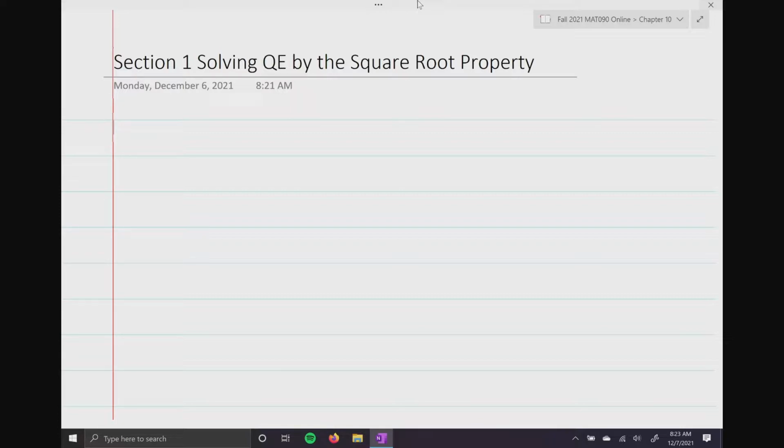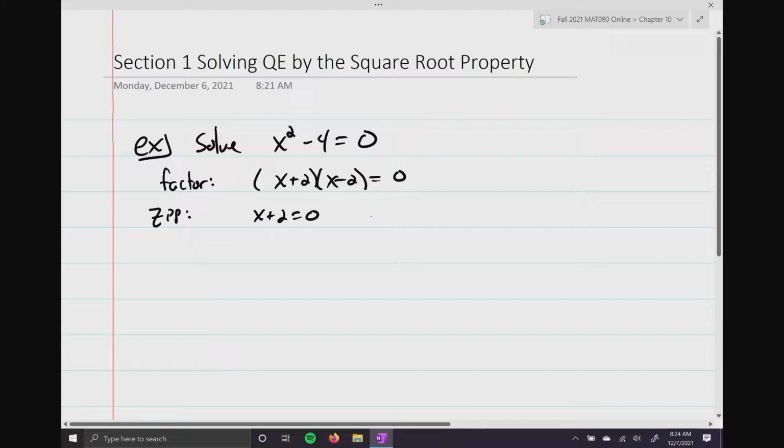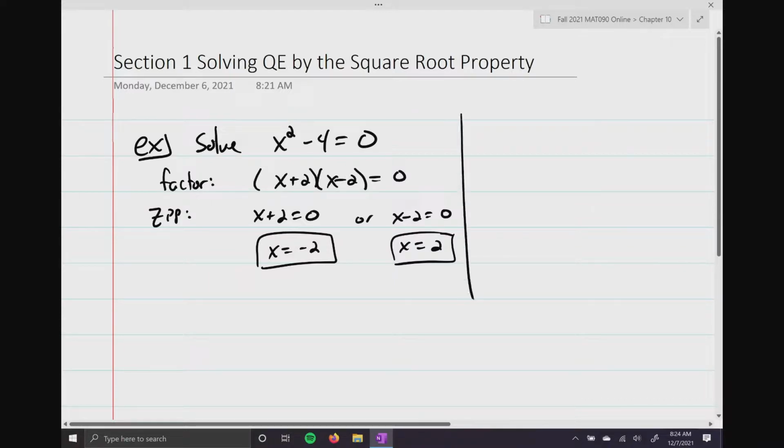So if we look at a very simple example, let's say we wanted to solve x squared minus 4 equals 0. Well, we know one of the ways we could do this is we could factor this because we definitely have a difference of squares. So we would just write x plus 2 times x minus 2 equals 0. And then the zero product property, we would just set each one of these equal to 0. And then we would solve accordingly to get x equals minus 2 and x equals positive 2, okay? Well, the other way to solve this problem,